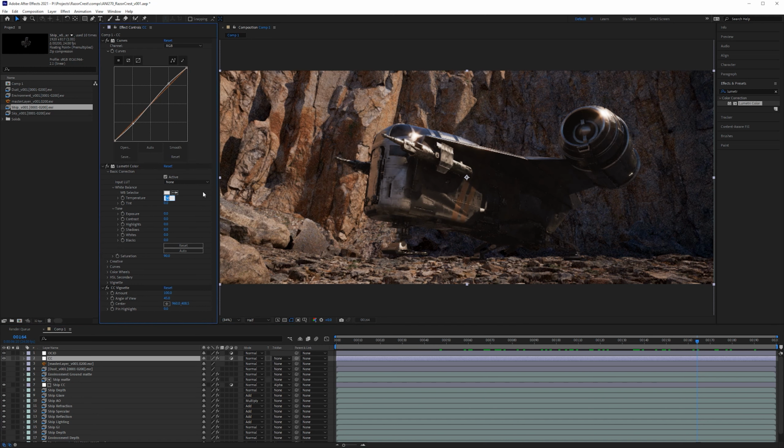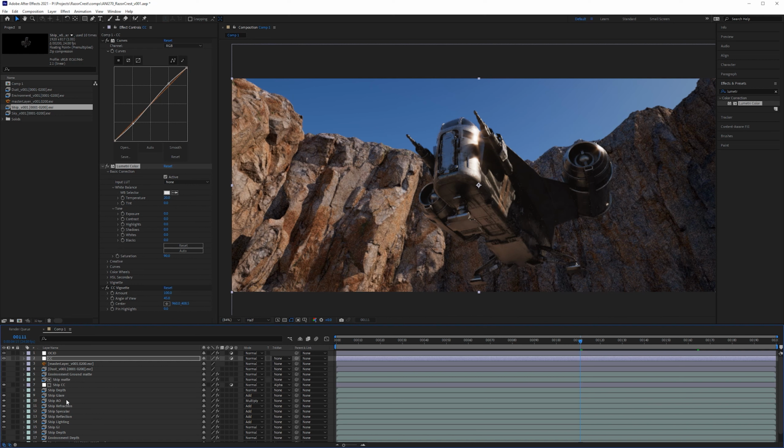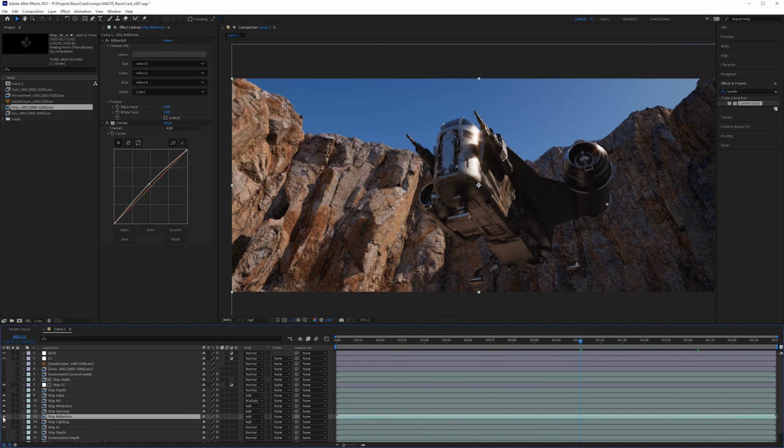I might actually just lower the temperature just a little bit so it's not super warm. You can also do similar things here with the curves, but also just notice that by making these adjustments, we kind of lessen the reflective quality of the sky on here as it's not as blue. But we could also go to the reflection channel. If we turn this off, you can see how much of that ship relies on this pass. And if you wanted to make this not as reflective or not as blue, it would be very easy to